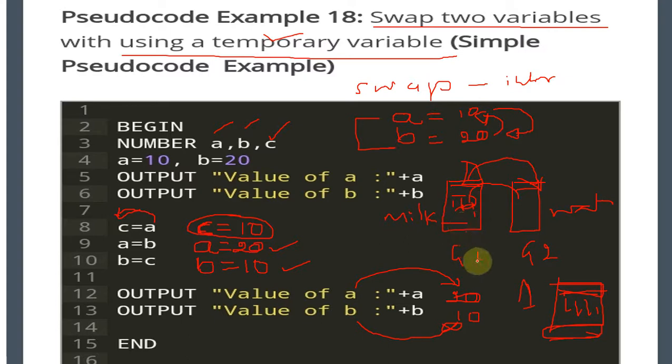So now glass 1 will have the water and glass 3 will have the milk. This is the second step. In the third step we will pour this one into glass 2, which is empty. So milk will be here and water will be here, and finally glass 3 will again be empty. So this is the technique, the logic of how you can swap or interchange or exchange the values of two